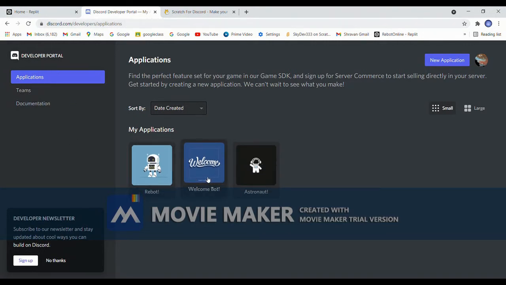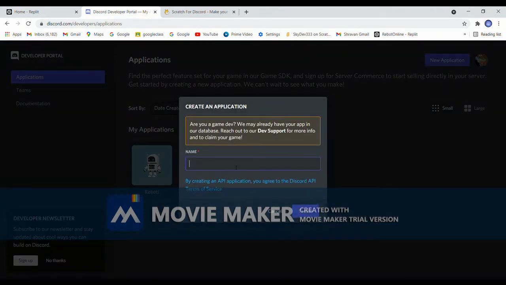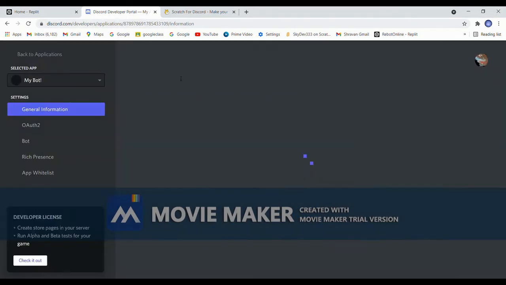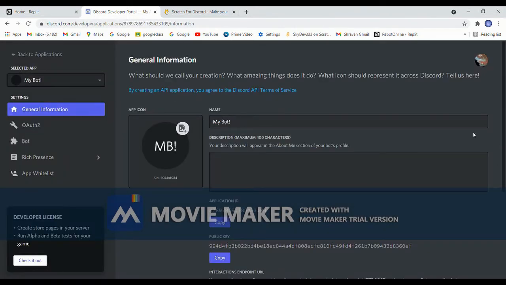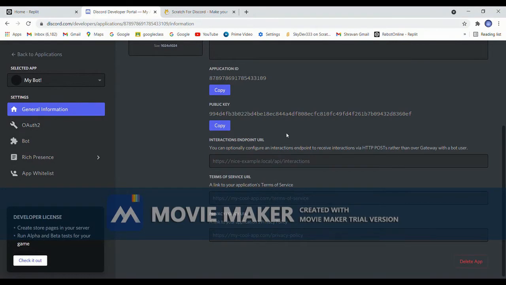Now I have created 3 bots already, so I'll be clicking on new application, and you can name this whatever you want. I'm gonna name it my bot. And let's create. So now we have created my bot. I'm not going to be choosing any icons, and I won't be making this an official bot for my